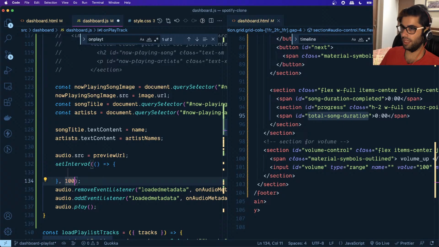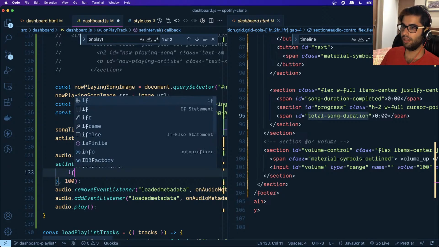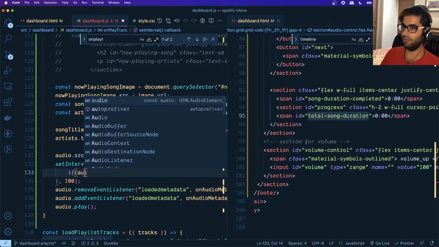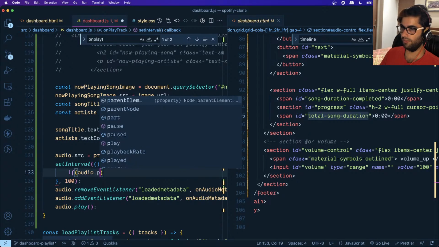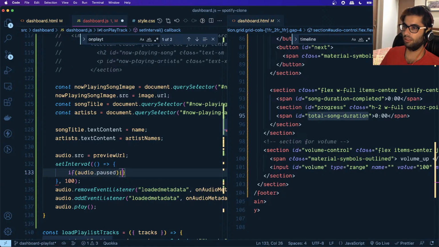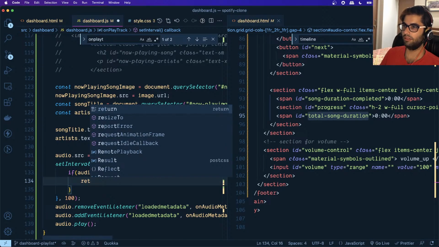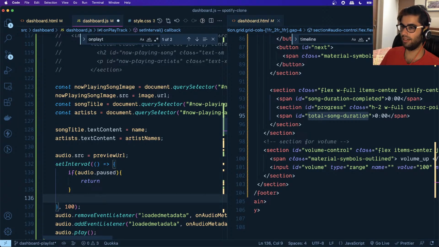After every second, or rather after every 100 milliseconds, we want to check if the audio is paused. If the audio is paused, we don't want to do anything. We'll say return. Otherwise we will say